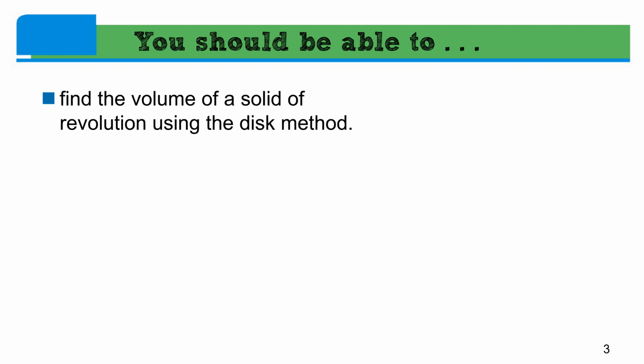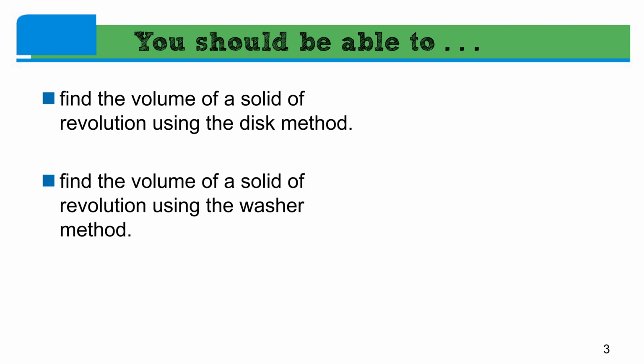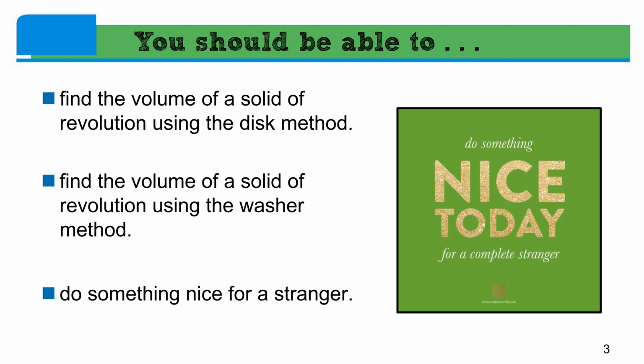These are called volumes by revolution. We have 2 main methods which break into 4 different types. We're going to use a disk method, we're going to use a washer method, and then of course, for today,